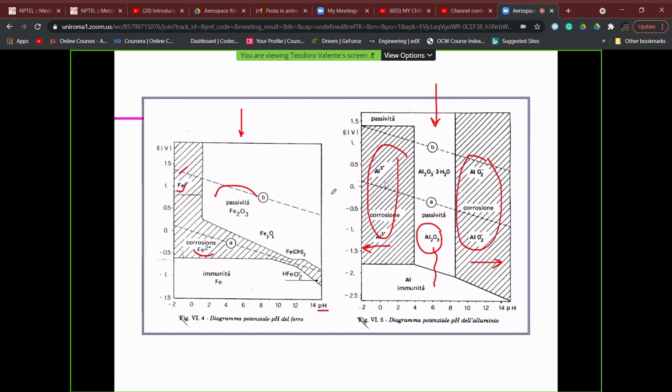But again, I repeat, we do not have now any indication on how fast the corrosion is, for which we need to refer to the corrosion rate, and also in this case, apart from the existence of standardized laboratory testing, which allows experimental activities to evaluate the corrosion rate,